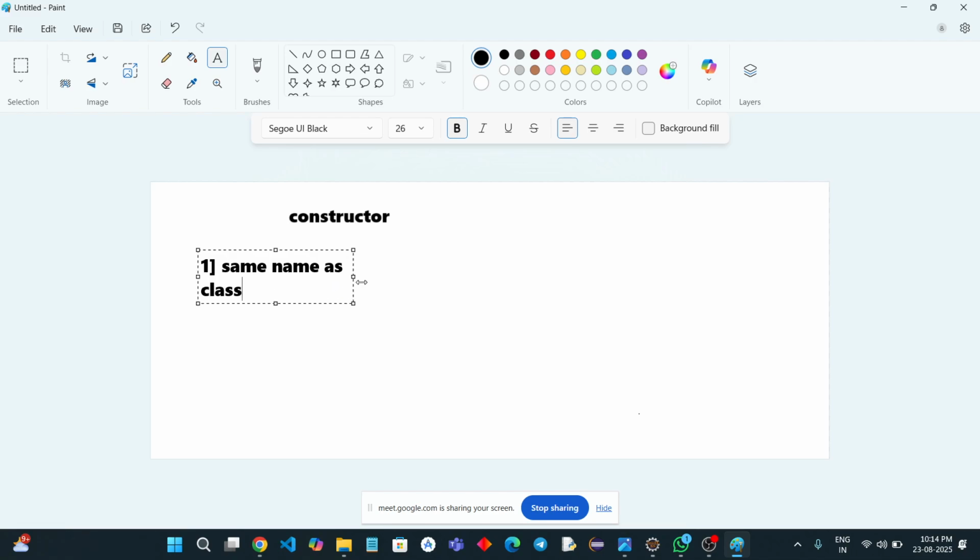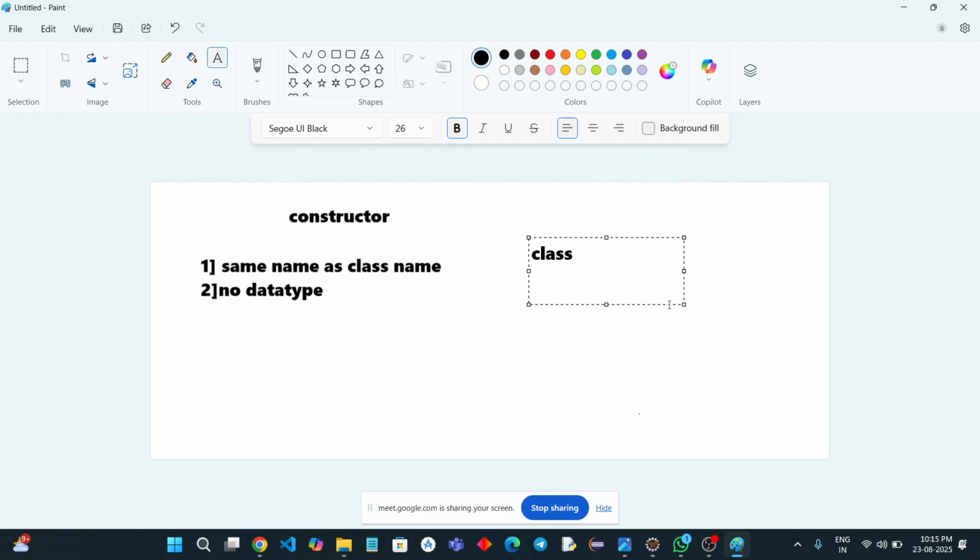Whichever class name we have, the constructor name also should be the same. And the second property is that it doesn't have any data types. No data types. So for example, assume we have a class